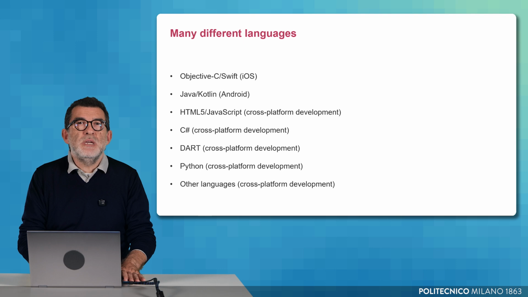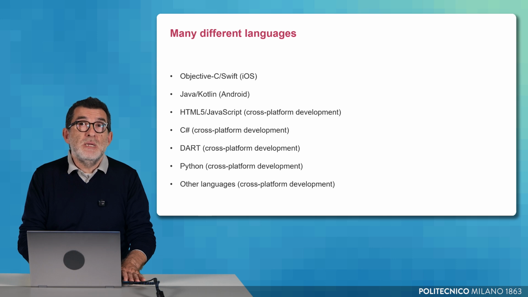Because developing two separate native apps is often inefficient and costly, the industry has embraced cross-platform solutions. These tools allow developers to write a single code base that can run on multiple platforms, typically Android and iOS, and often even Windows, macOS, Linux, and the web. Early solutions used web technologies like HTML5 and JavaScript, embedding web apps inside native wrappers to simulate mobile functionality. More advanced frameworks have since emerged.